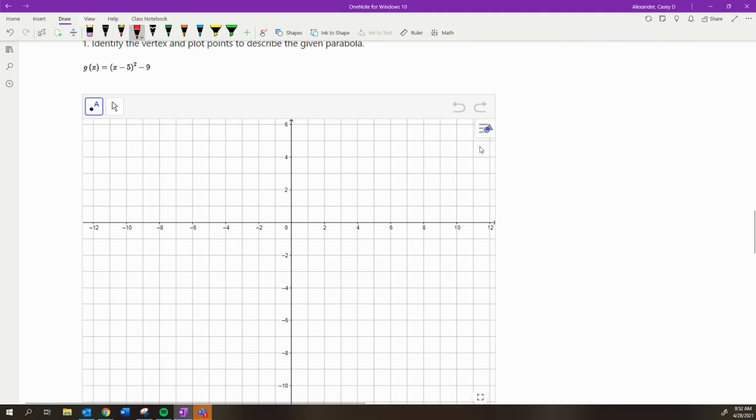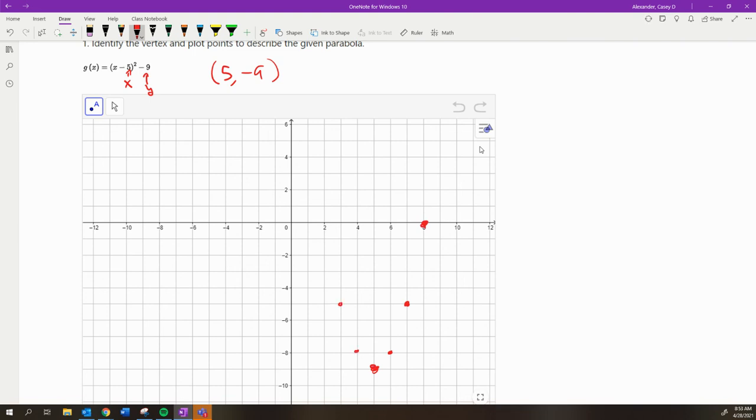Remember that you can identify the vertex, the x-coordinate is here, and the y-coordinate is here. So the vertex of this one is positive 5, negative 9. So I'll go to positive 5, negative 9, and then I just need to plot a few more points. So if I go over 1, I should go up 1, because 1 times 1 is 1. But if I go over 2, I should go up 4, because 2 times 2 is 4. And if I go over 3, I should go up 9, because 3 times 3 is 9, and I'll go